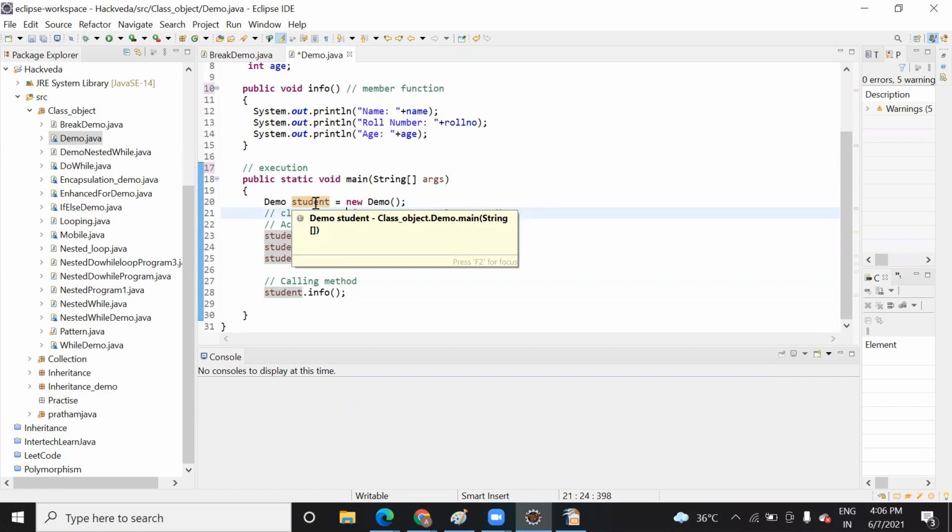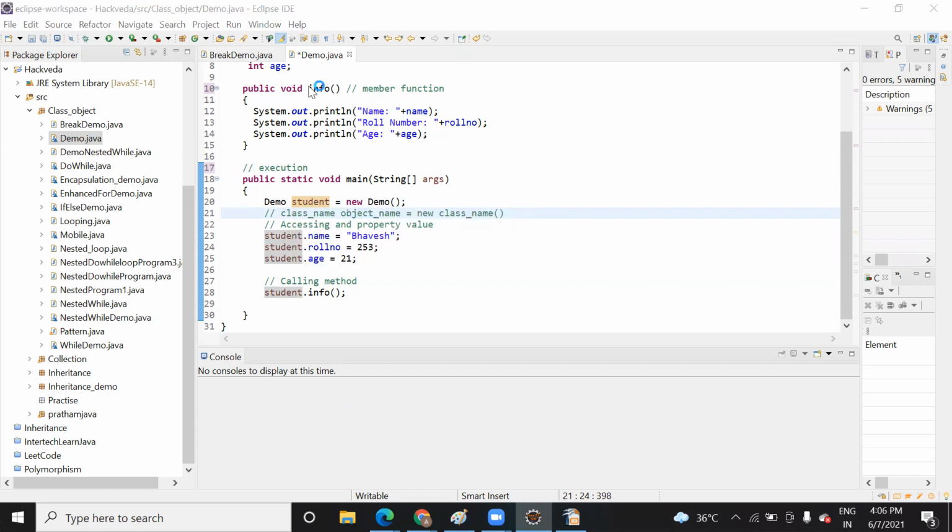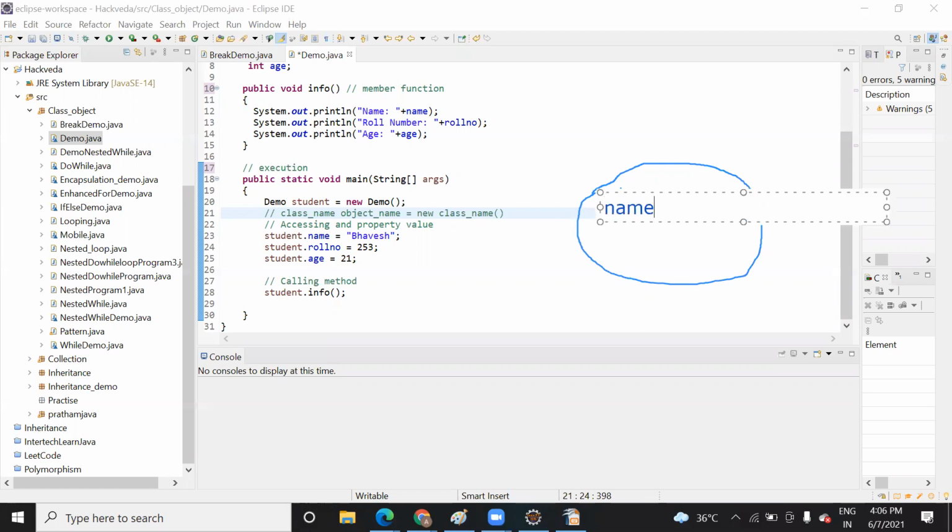Here you can see, you have an object, and inside this object you have all these variables: name, and you are assigning a value with the help of this object.